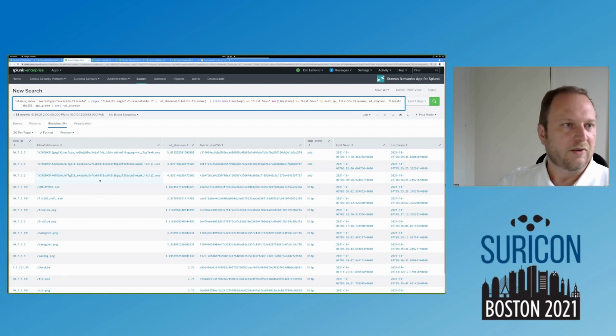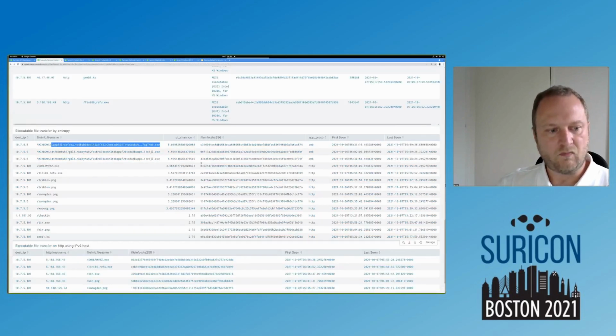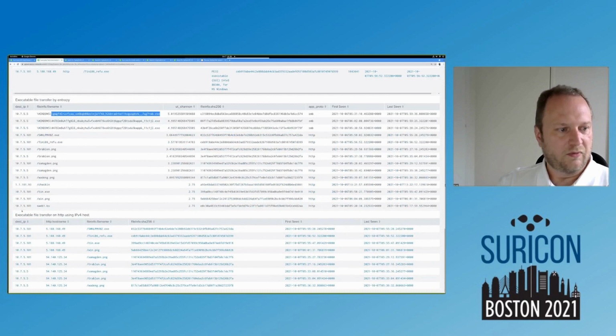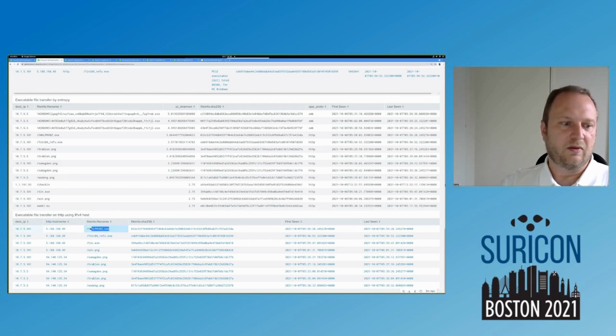on your own. So let's take a look at this. Let's remember that. And then we have this last one, executable file transfer on host on IPv4 host. Usually when a user downloads, we have a DNS request. You don't often download directly from an IPv4 address. So here it's just a search that filters out the requests and gets what is done directly on an IPv4 address. And as you can see, we are finding once more the guy that we found here.